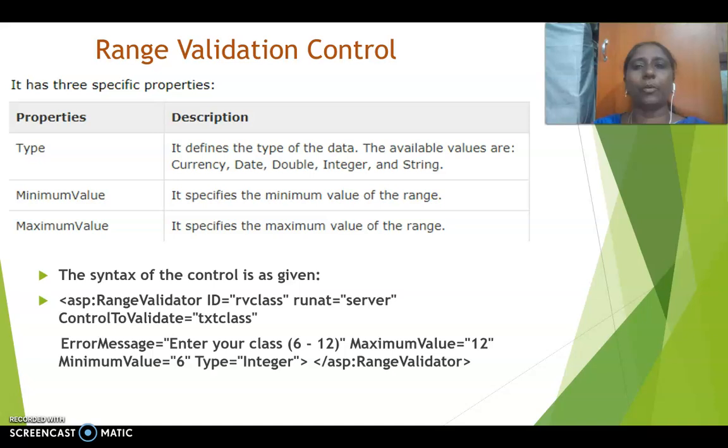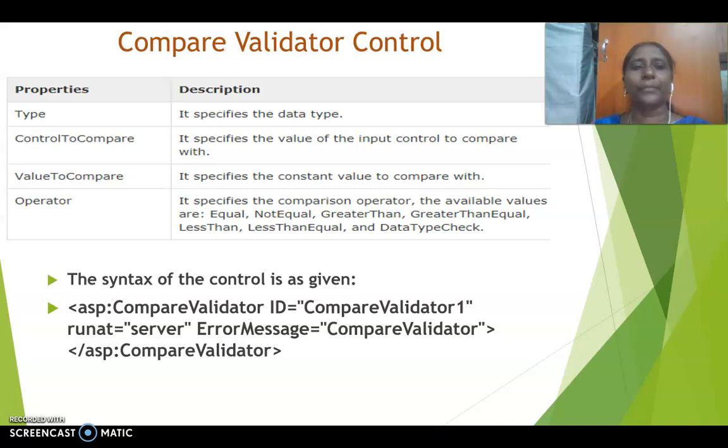That is, in case you want to validate age. In that case, for eligibility to vote, it should be greater than 18. You can give the minimum value as 18 and the maximum value as any value lesser than 100 or 200. So in that case, we can use range validation control.